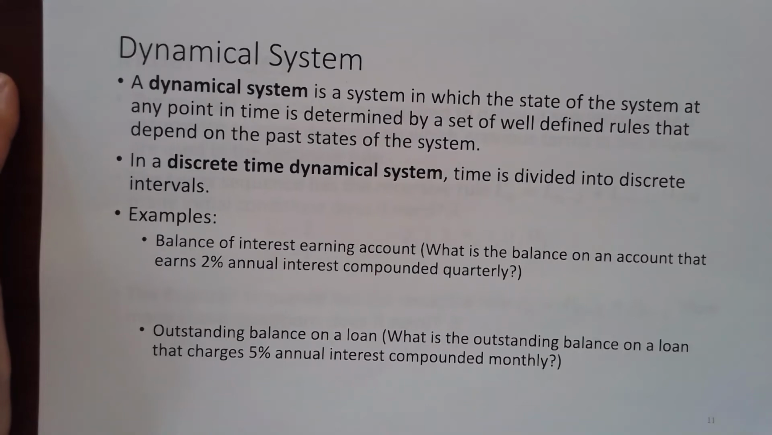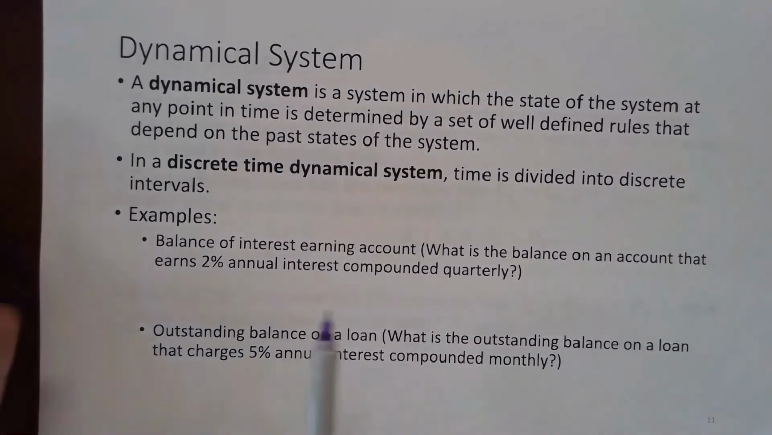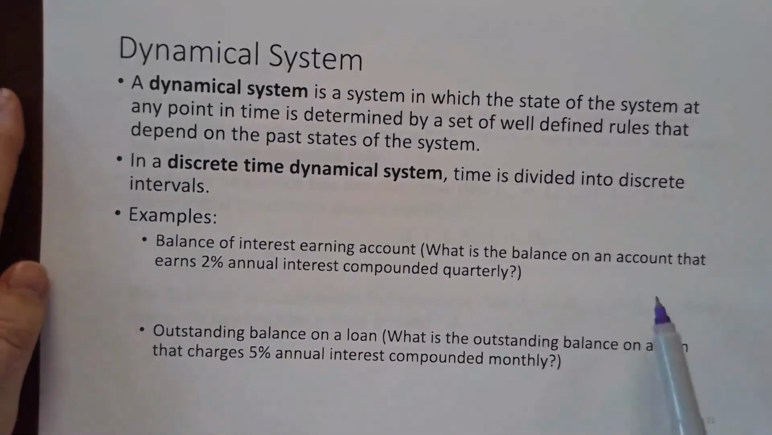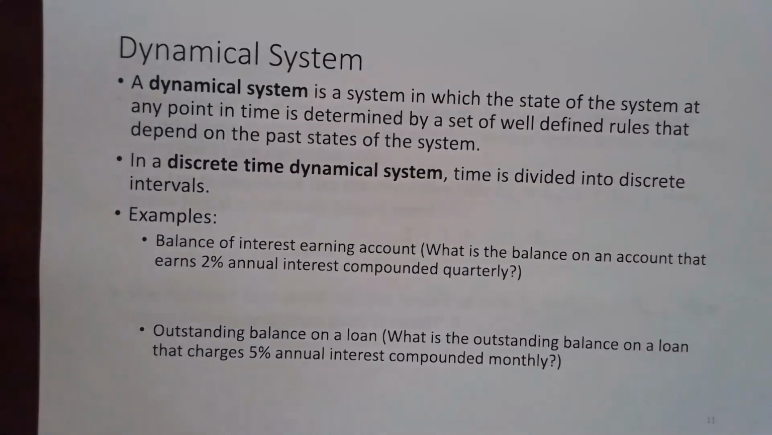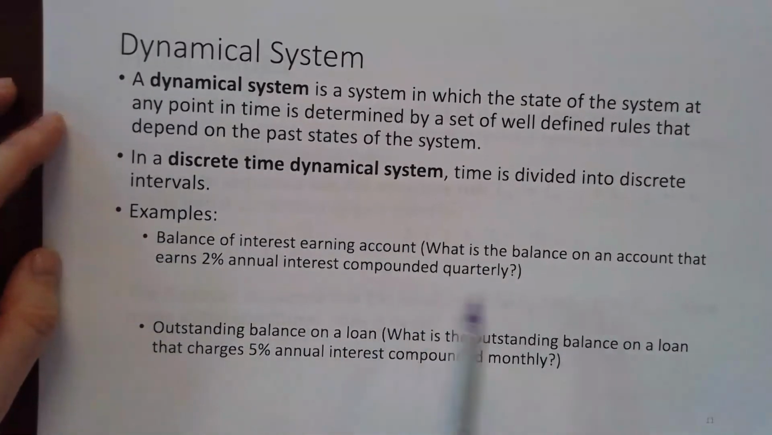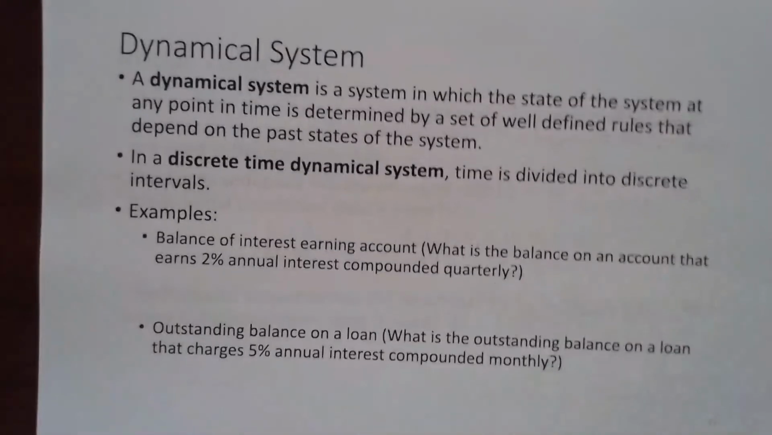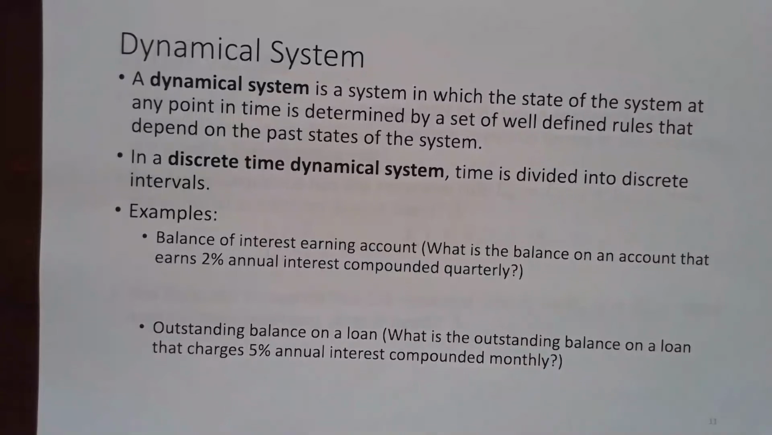So this is a good example for us to look at. If you're trying to figure out the balance of your money in the bank, what will the balance be on an account that earns 2% annual interest if the interest is compounded quarterly? This is a discrete time dynamical system because they're only paying you your interest every quarter